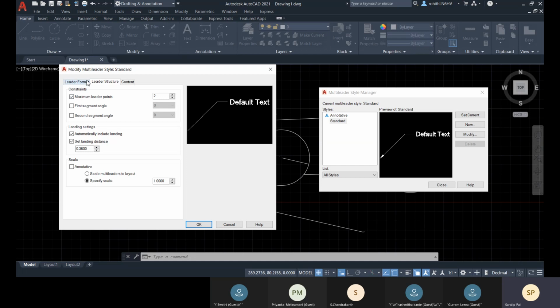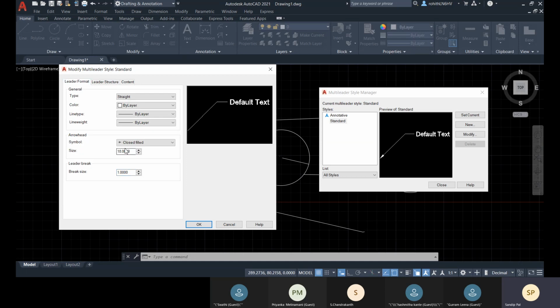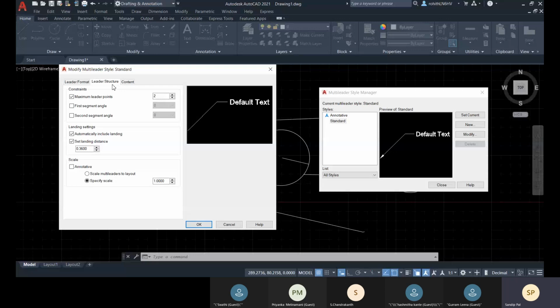And now let's go for leader structure to make sure that these things are applied properly. Here you can see that maximum leader points is 2. That means first point you define and then the second point. After that second point, you will have that text option.